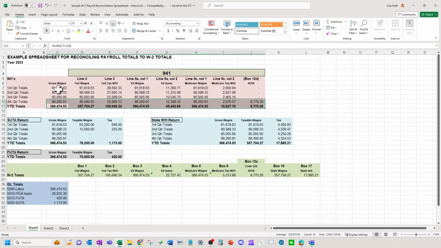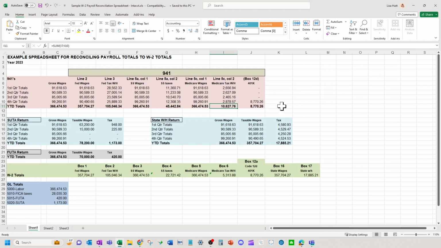So this reconciliation worksheet here helps you tie out your quarterly 941 amounts to what will go in your W-3 box 1, for example, for federal wages. You've got federal tax withholding here, your Social Security taxable wages, and your Social Security taxes and Medicare taxes.